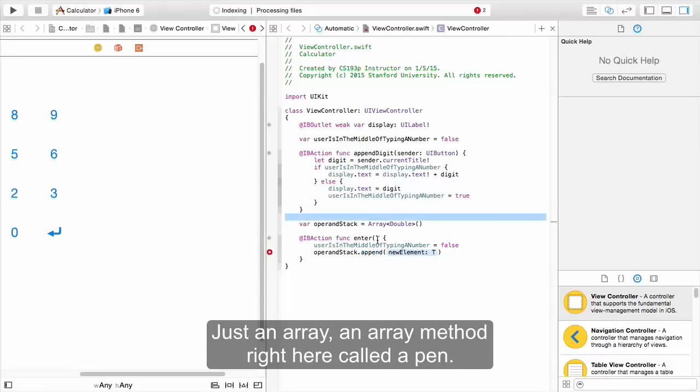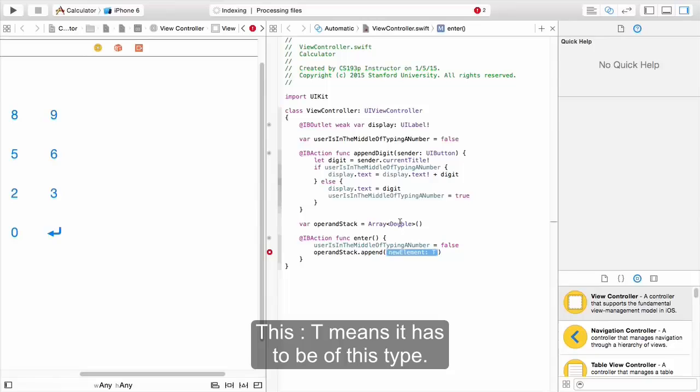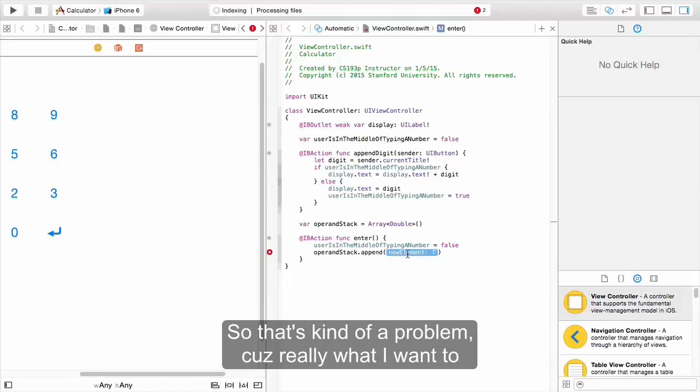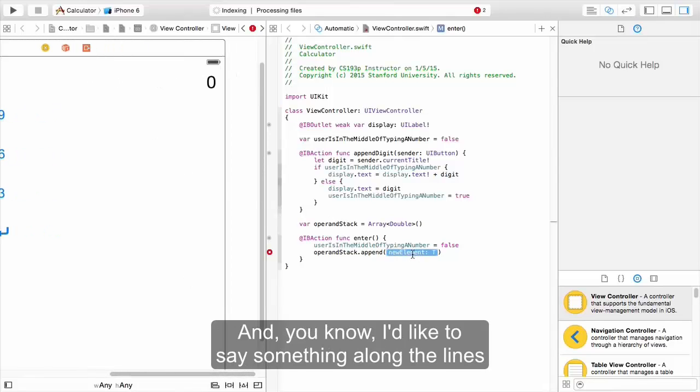In arrays, it's an array method right here called append. And you can see the argument says newElement: T. This T means it has to be of this type, the type of thing that's in the array. So this has to be a double. So that's kind of a problem, because really what I want to append onto my stack is what's up here in this display text. I'd like to say something along the lines of